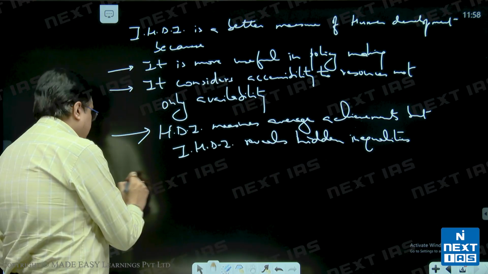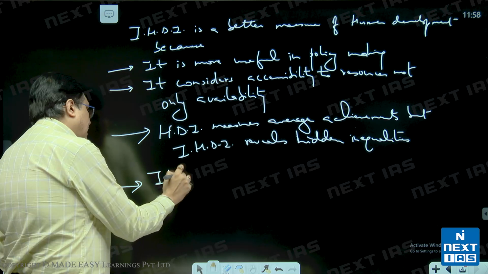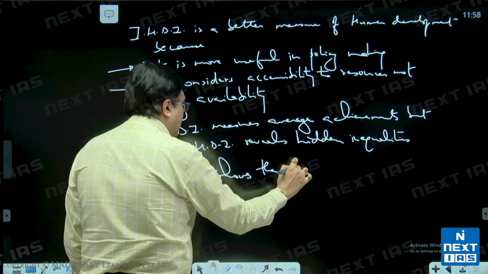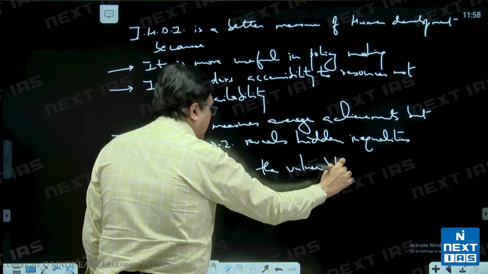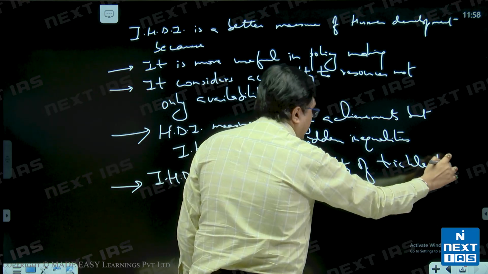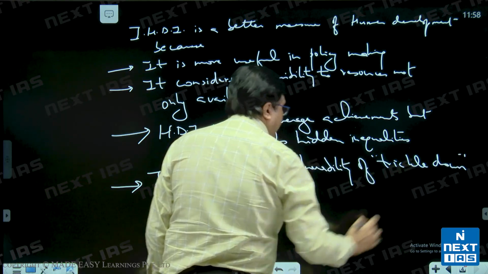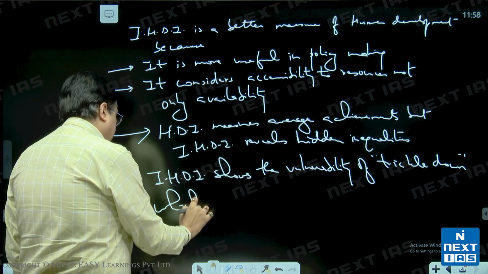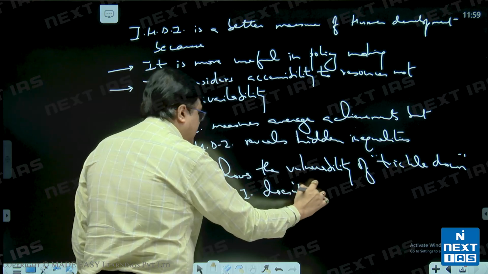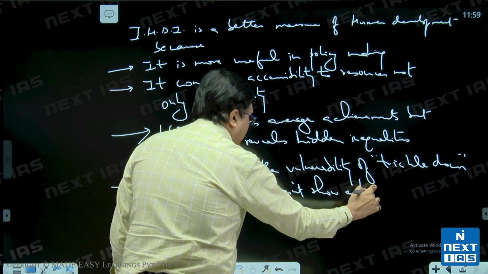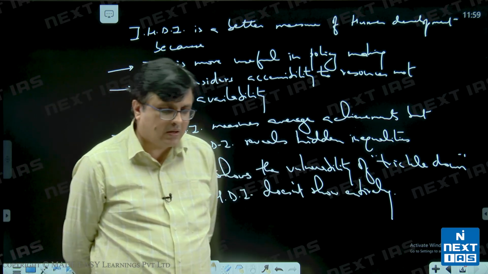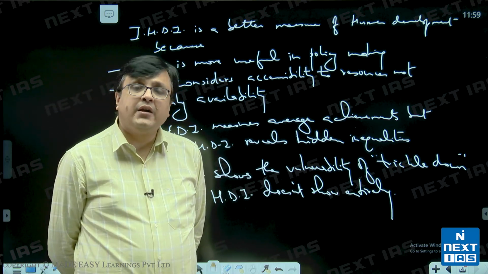and IHDI shows the vulnerability of trickle down which HDI doesn't show entirely. And then you will conclude that therefore in India's context,